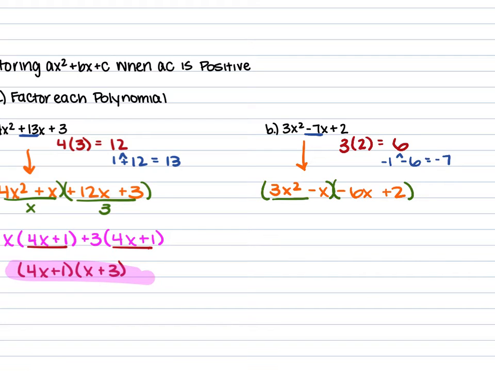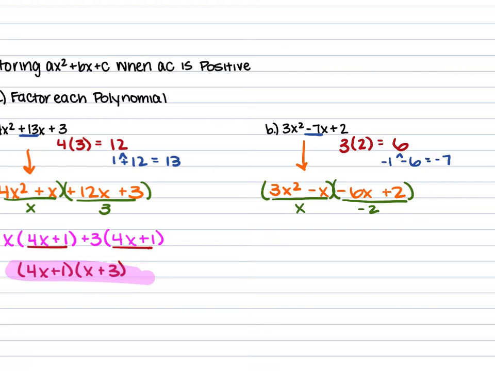The first set of parentheses, we have 3x squared minus x. We will factor out an x. The second set of parentheses, we have a negative 6x and a positive 2. Now, the first set of parentheses, our first term is positive, which means the first term in the second set of parentheses should be positive as well. So that negative 6, we're going to factor out a negative from in order to turn it to a positive, which will then turn the 2 into a negative as well. The 6 and the 2 have a common factor of 2,